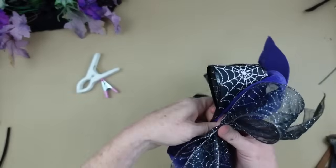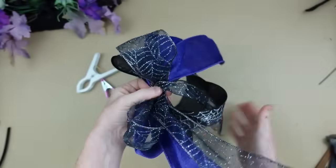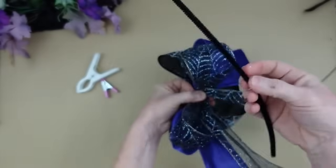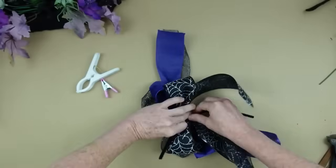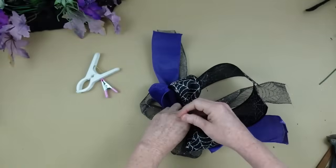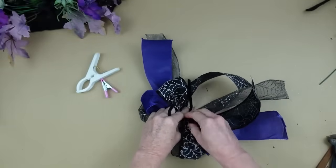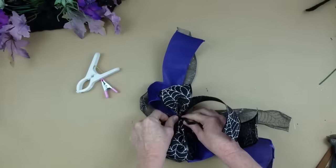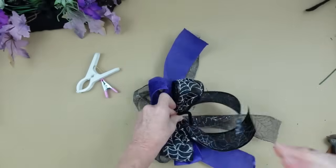And grab up the rest of my ribbon. Just stack them all on top of each other, and these are all roughly the same size. Now, using my pipe cleaner, I'm going to twist it around the middle. I'm going to use a pipe cleaner this time because I'm going to need something to attach this down to the little swag that we made. And I'm going to do it very tightly because I have to fluff this bow, so I am pushing down and twisting over the